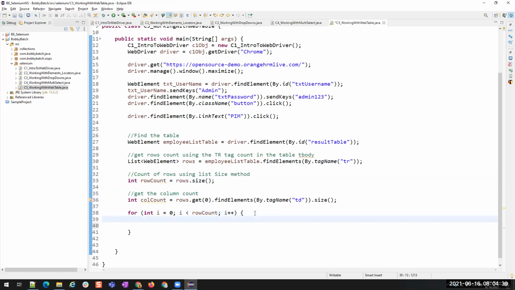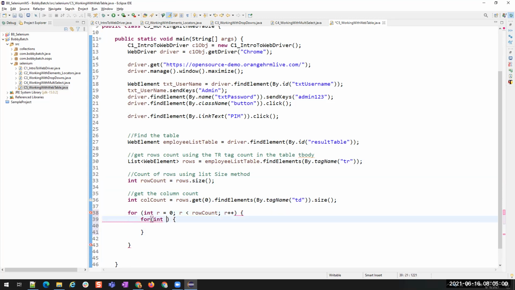Okay, and then in this, again for each row, I have to iterate over the columns. So again, I'm writing a for loop here. This for loop will be int. I don't want this R. For rows, I'm using R to avoid confusion.